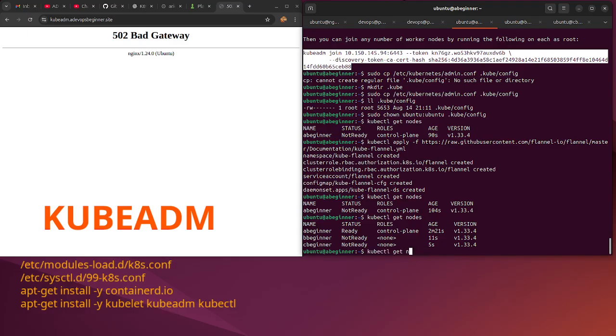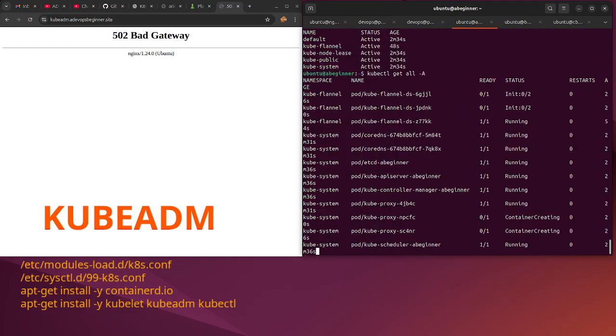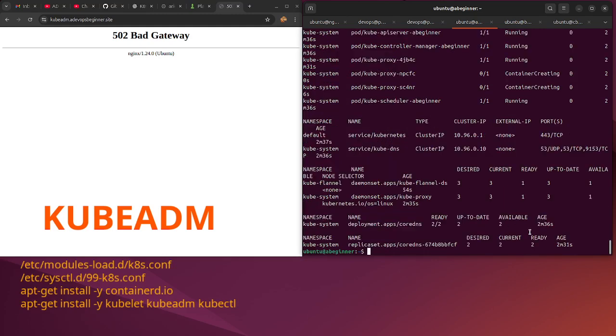We already have some default namespaces. So this is the first task, to build a Kubernetes cluster with KUBEADM from scratch. The second task in this video, I'm gonna deploy